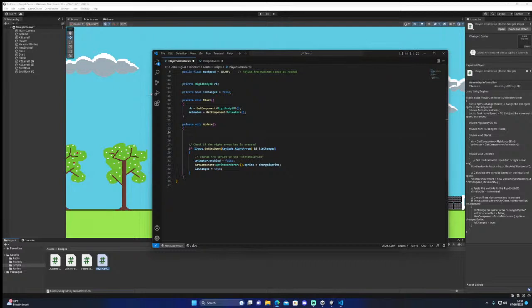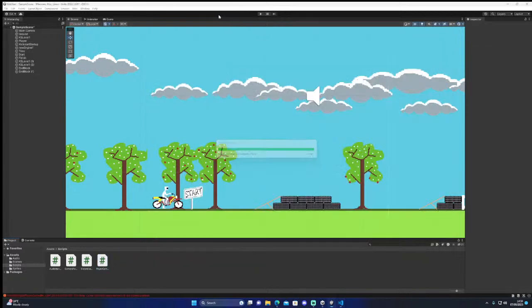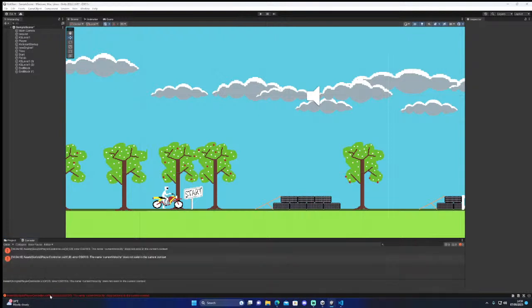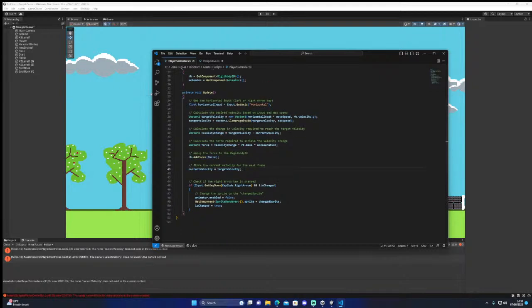I don't want to be just doing this sort of malarkey. Let's see if this is what we need. It might not be. Current context. Vector to current velocity.